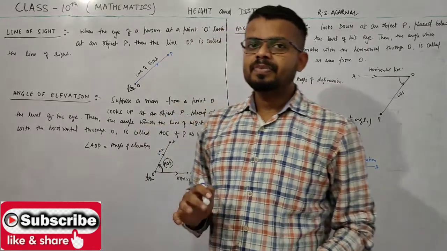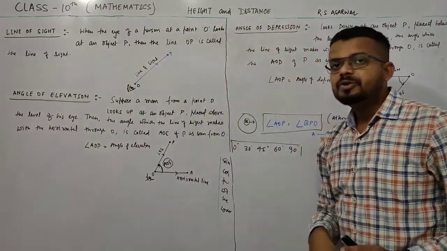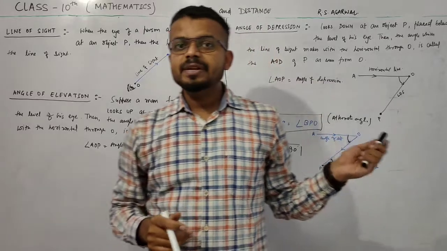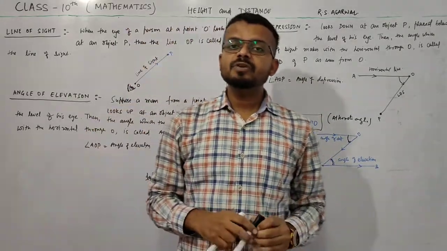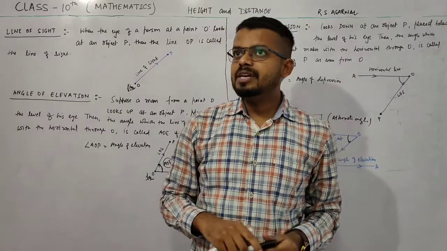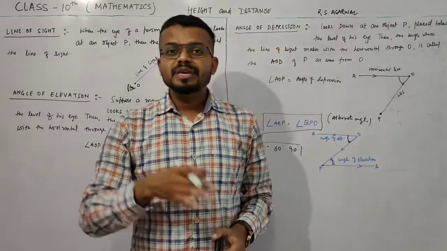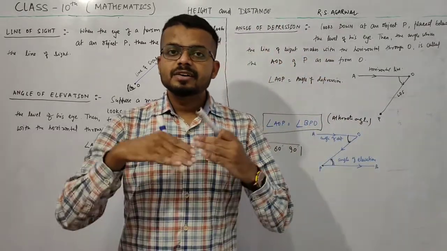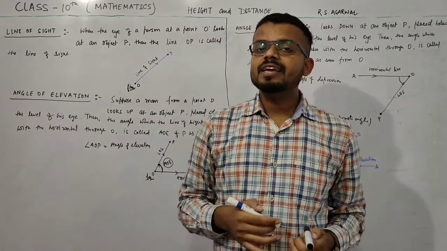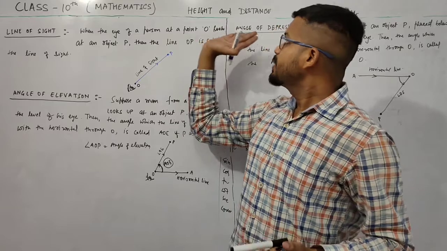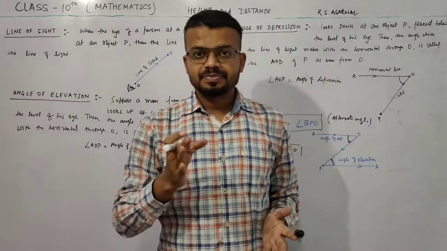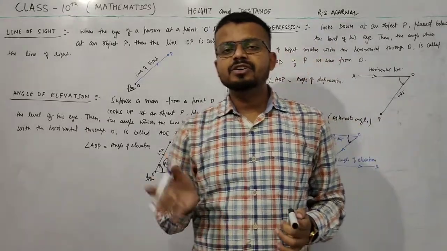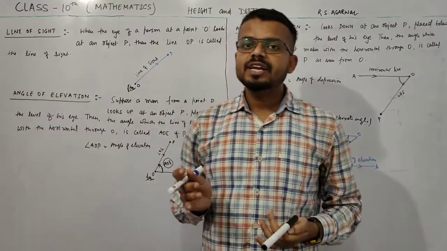Physics. Okay, so today in mathematics we are going to discuss the height and distance chapter. This chapter is basically the practical application of trigonometrical identities, and the practical application of trigonometry is to measure the height of a tree, the height of a mountain, the height of a building, the width of a river. All these are practical applications. So in this chapter, by using height and distance, we have to measure the height and the width of a river or the top of a mountain, all that.